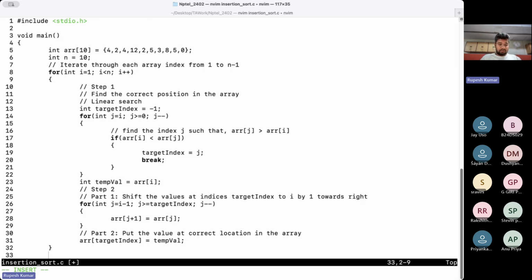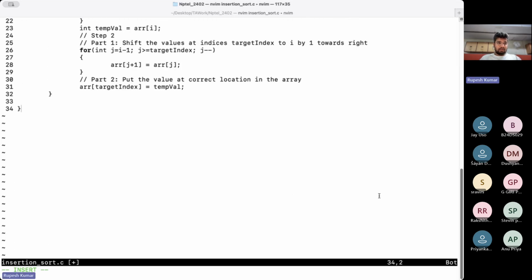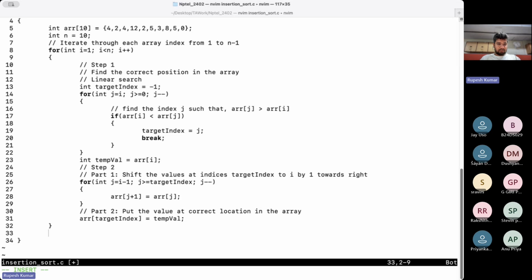So now you can print the final values, right? So printf, the sorted array is,